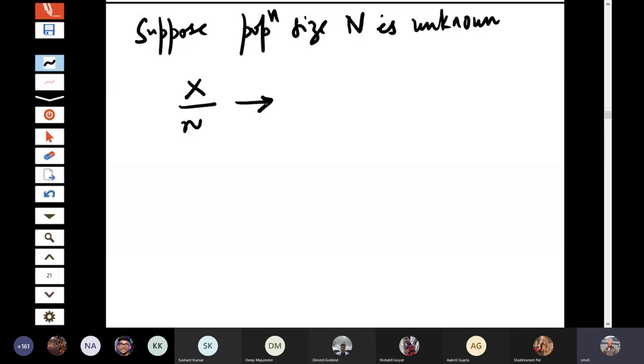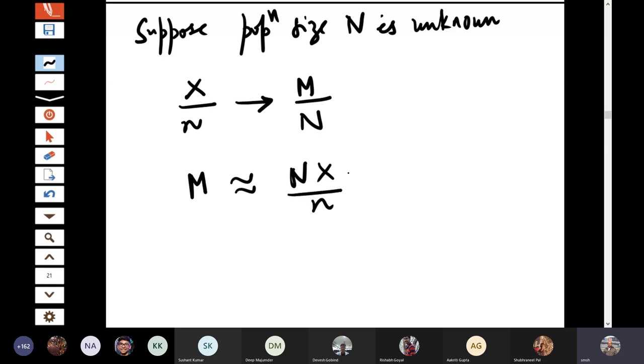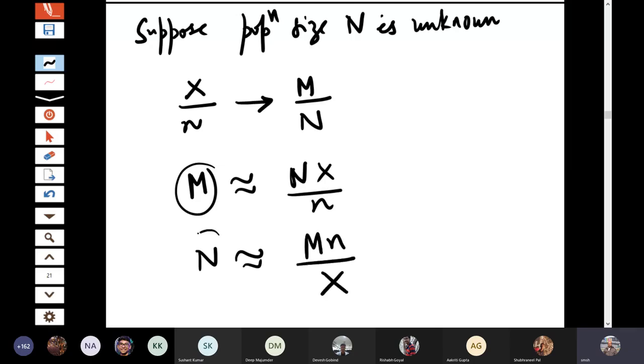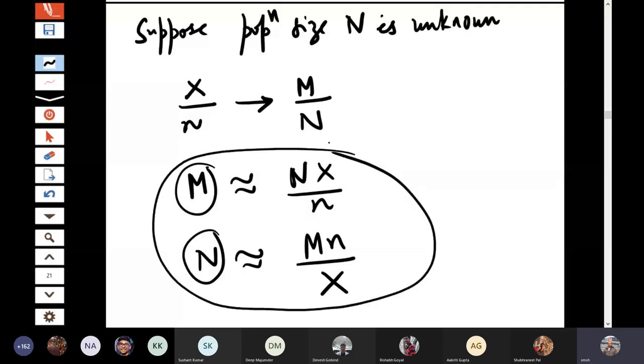Now this is an estimate of M by N, isn't it? So here you can say M is approximately N, because expectation of X by n is M by N. So M is approximately N X by n. That is one way of looking at it. Suppose M is unknown, we are able to estimate like that. Another one is estimating N itself, that is M n by X. So different types of estimation, the total number of people of type 1, the total number of people in the population, all of these things are possible to be estimated here.